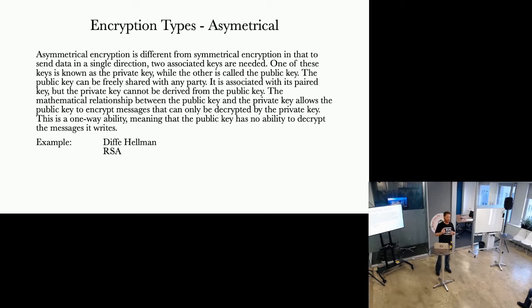Both keys have the ability to encrypt a message, and the opposite key can decrypt that message. The function of that, though, is that a public key is used to encrypt messages that only the private key can decrypt, and that's used for sending a secret message to the key owner. So if I have your public key, I can encrypt a message with your public key, and then only you with the private key can decrypt that message, and only you.